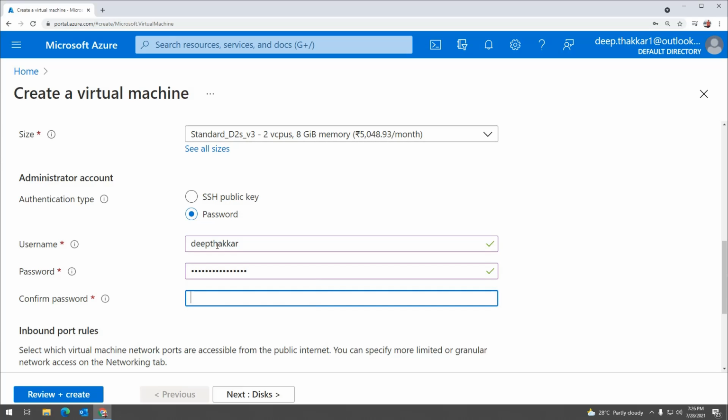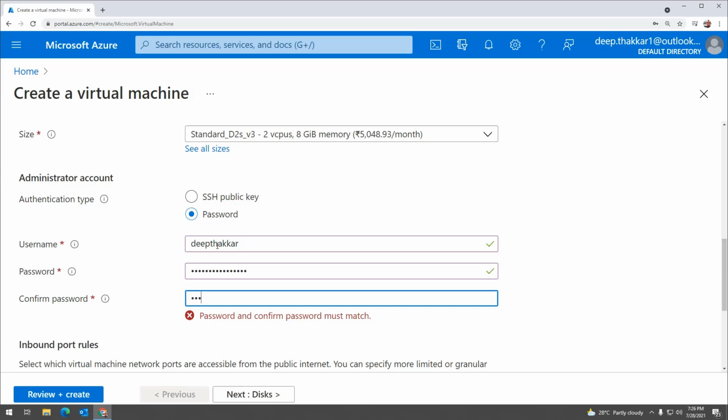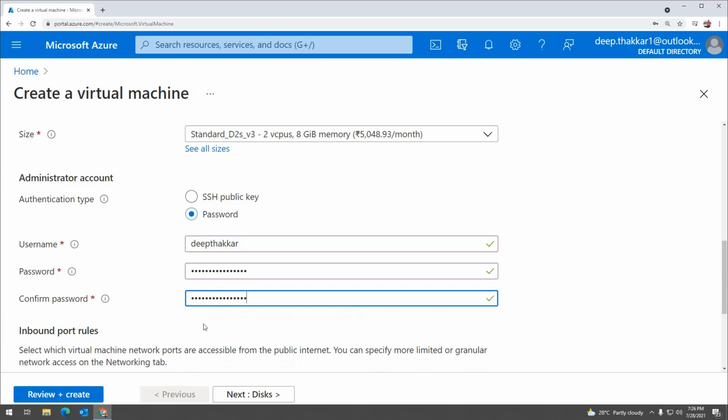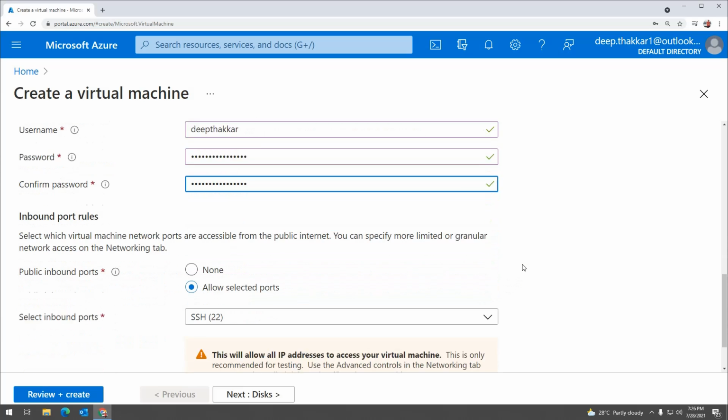You need to confirm the password. Yeah, if the password is the same in both the fields, this blue tick, this right check will come.